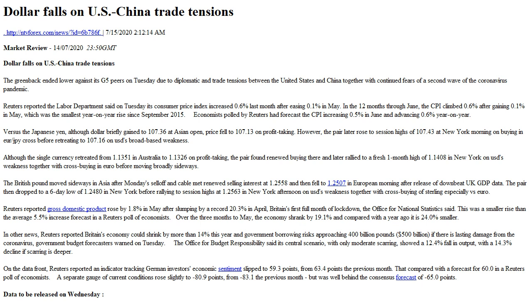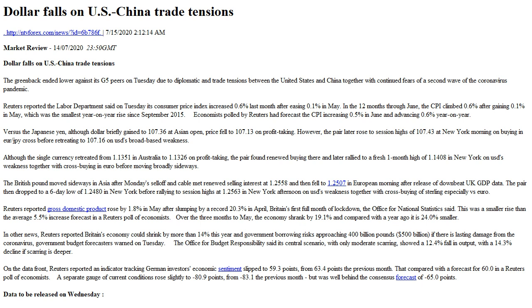Although the single currency retreated from 1.1351 in Australia to 1.1326 on profit-taking, the pair found renewed buying there and later rallied to a fresh one-month high of 1.1408 in New York on USD's weakness, together with cross-buying in euro before moving broadly sideways. The British pound moved sideways in Asia after Monday's sell-off, and cable met renewed selling interest